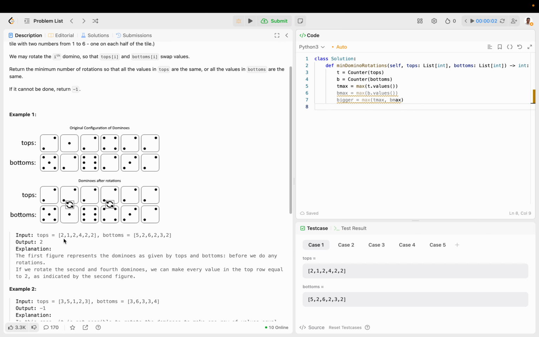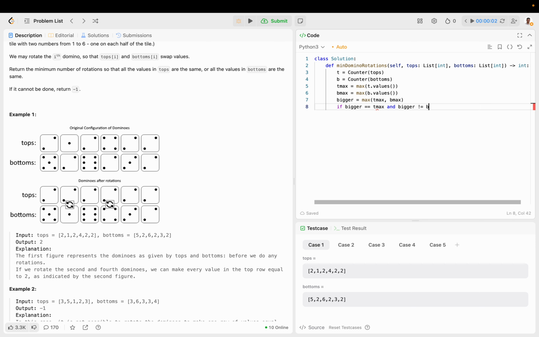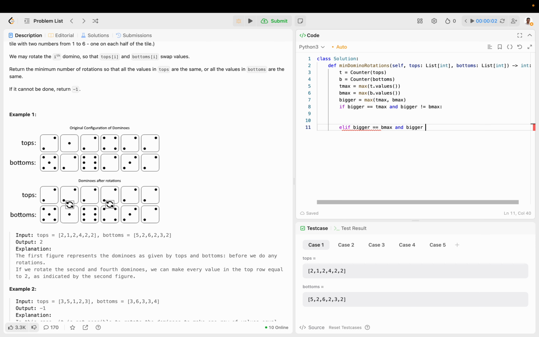And then now we have to basically do what we need to do. So if bigger is equal to the top max and bigger is not equal to the bottom max, then that's the condition where we flip top. Otherwise, if bigger is equal to bottom max and bigger is not equal to top max, then we have to flip the bottom row, right? Okay, so now what that means is we can go over top now,